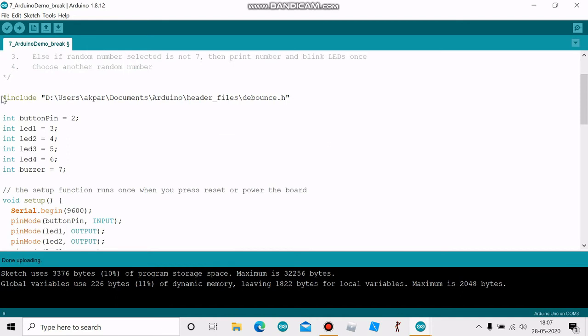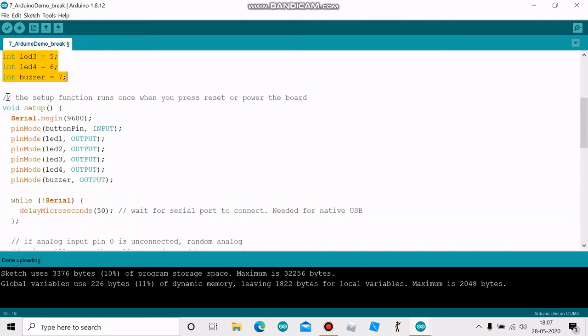So in this sketch, the very first thing I do is call my debounce header file to use the debounce function. These integers are set for the digital I/O pins on the Arduino board, for the button pin and the LEDs and the buzzer.